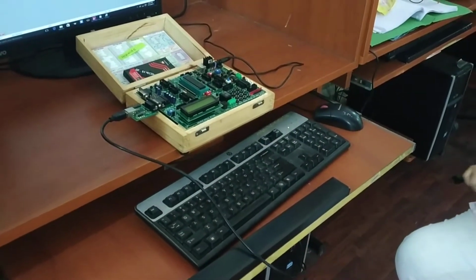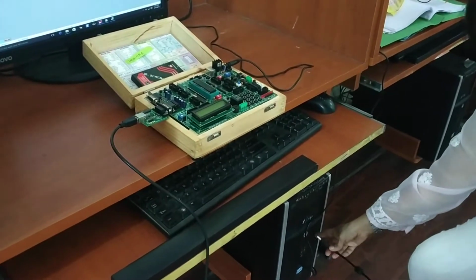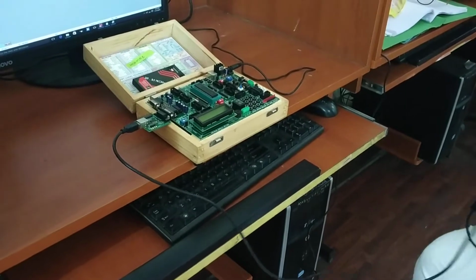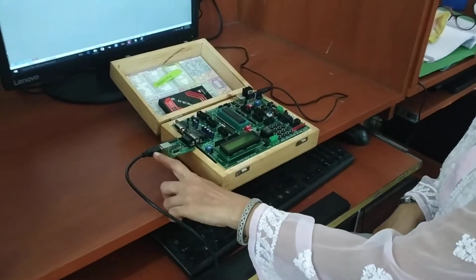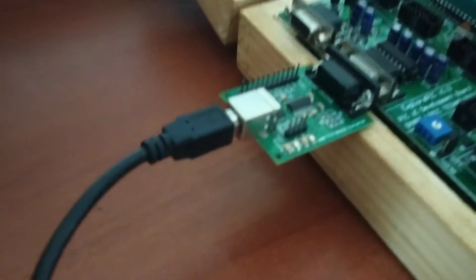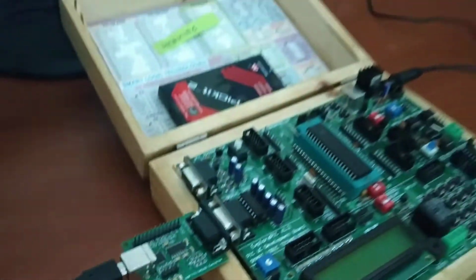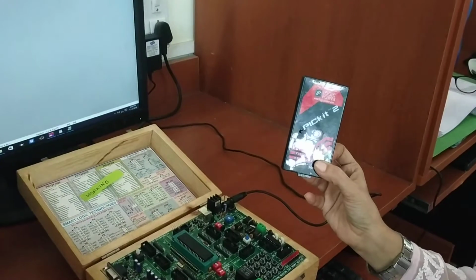For the connections, since the practical is serial communication, we are going to connect a USB to the USB of the CPU, and connect the second USB to the kit, which has a converter that converts a USB into an RS-232 connector. Other than this, we have a 9-volt adapter. Then we have a downloader, that is the PIC kit 2 downloader.